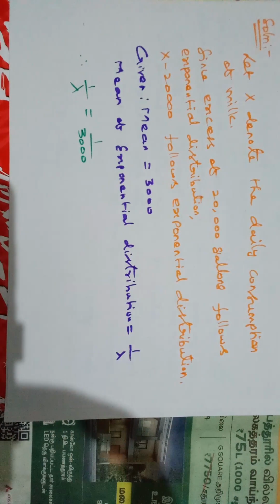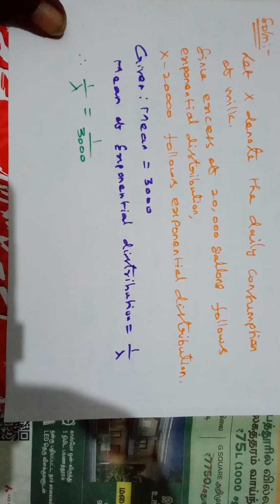First of all, we take X, which represents the daily consumption of milk. Since the excess over 20,000 gallons follows an exponential distribution, X minus 20,000 follows an exponential distribution, and lambda is equal to 3000. The mean of an exponential distribution is 1 by lambda, so 1 by lambda equal to 1 by 3000, isn't it? Okay. Now